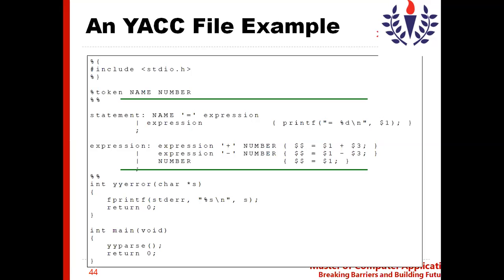So name is equal to expression that you received in the right hand side of the rule will be replaced by a statement. Once you reach the top of the grammar, then you can give a printf and say that yes, this particular input is valid. So this is the grammar which is matched with the input, and your input is a valid input. Like that it will display the values.